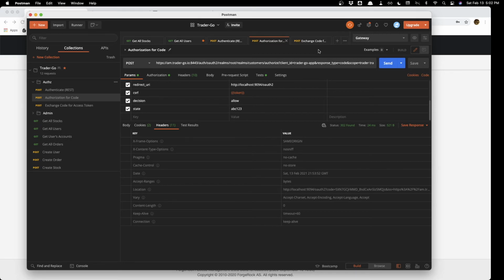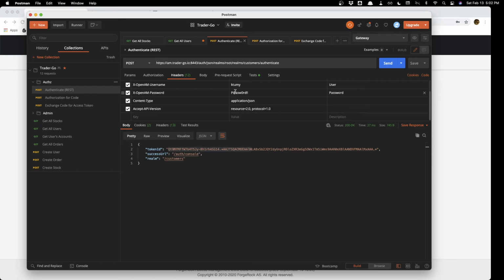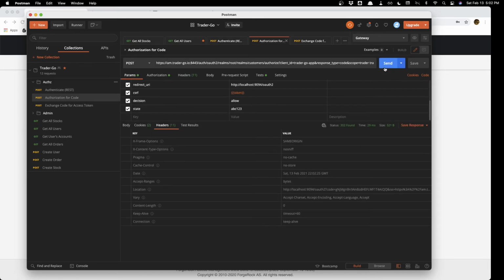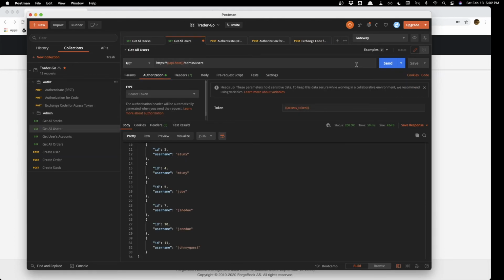All right, so let's go back to our authenticate. Logging in as K2Me. We get the token. We request the authorization code. We see that was successful. We're going to exchange that, and good. We're still able to get the token even after that policy is enabled. K2Me is still able to consent, excuse me, for that token to be created. The client can make the request to get all users, and